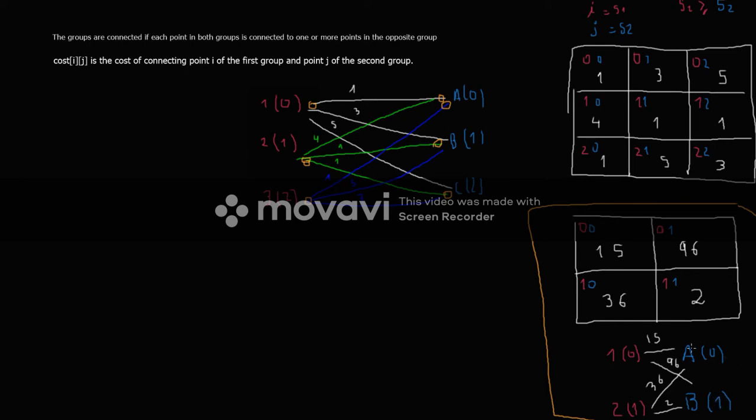So what does it take to have all the points connected with the minimum cost? So is this one, okay? These two are connected with 15, and these two are connected with a cost of 2. This is the minimum, this is the solution, and this is what appears in LeetCode. Now